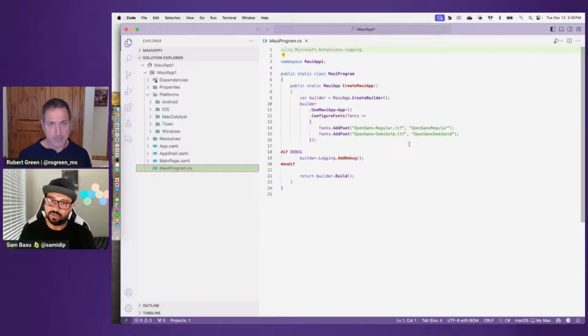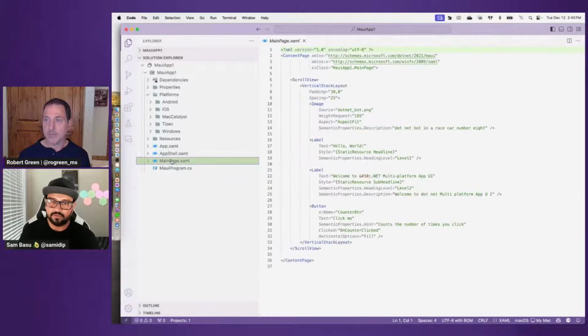All right, so you get started here, and you see how simple the getting started experience is. We are now doing the .NET generic build host. We wire up our dependencies, so DI is welcome, and off you go. So this is kind of where the first app view is, and it is a little bit of XAML here. We are just laying out some images and some labels and styles and buttons. If you don't want to write XAML, that's fine. You don't have to. But that's kind of the default. You can actually write all of this visual tree in a simple C# file as well. So you do have some choices.